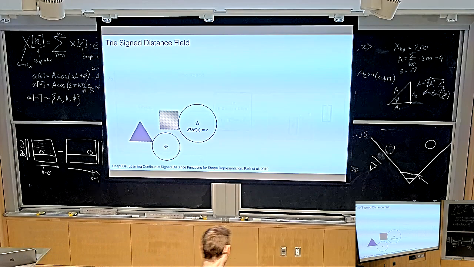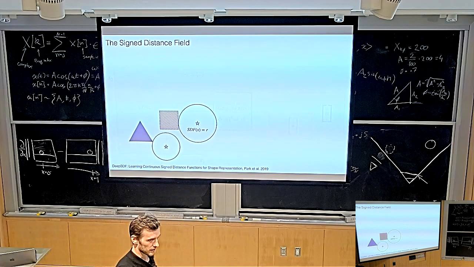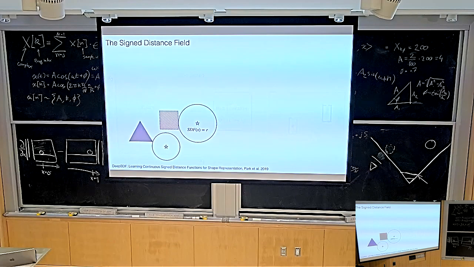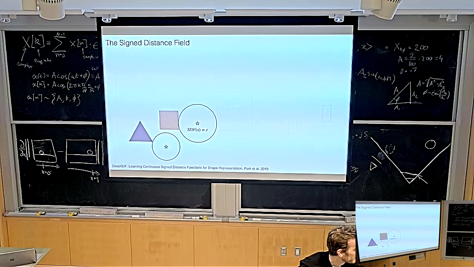Yes? Is there a notion of directionality? Right, because there's one point on the sphere that's touching the square. Yeah. So what if there are multiple surfaces a distance r away? Oh, you mean what if there are several points? Yeah. So this is a good question. That gets into more geometry territory, but it turns out that there is something called a medial